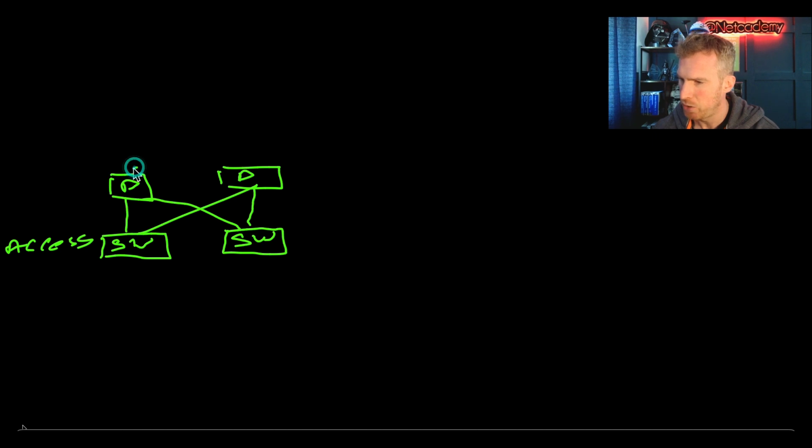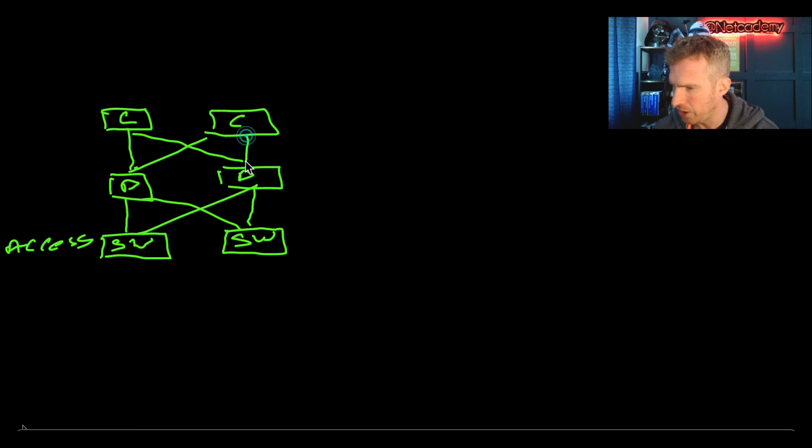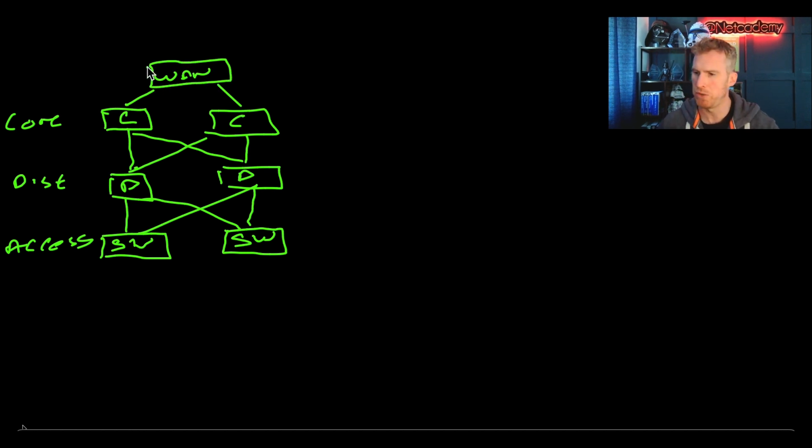And maybe these distribution switches are then connected to two core switches. And again, cross connection for redundancy and resiliency. So let me put in distribution here and core layer switches. And then right at the top, we're then going to have some kind of WAN connectivity, or SD-WAN connectivity, aren't we? So there's going to be a Juniper SRX or Session Smart Router for providing that WAN, IPsec, maybe secure vector routing with the Session Smart Router's WAN technology. Now for the WAN assurance, for the wired assurance, I was going off topic there.